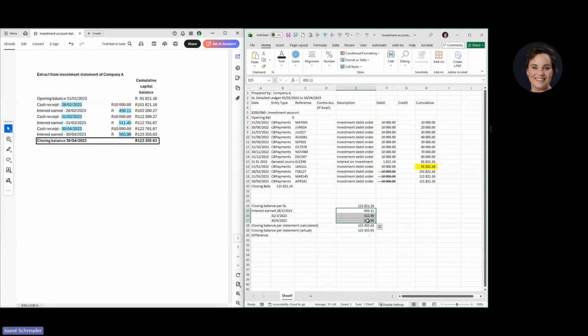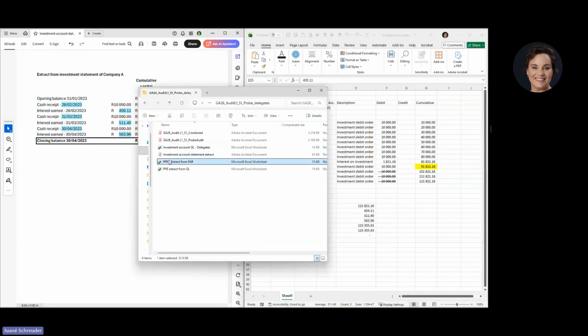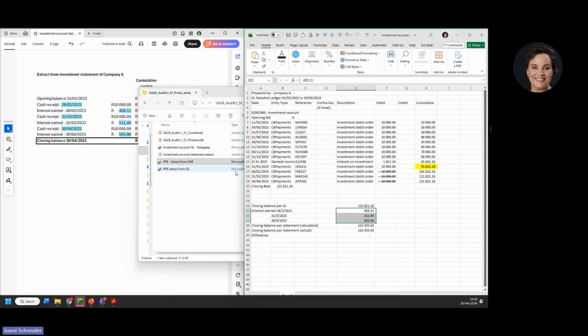All right. Definitely not material, but that is just the very, very basic element of how we are going to do the reconciliation. I'm quickly going to do the reconciliation for the other exercise as well, because I want us to just also then have some time for the breakaway. So in your folder again, you have the PPE, the extract from the client's fixed asset registers. I didn't give you all the detail, but there is some information, as well as the extract from the client's general ledger account for property, plant, and equipment. So I'll open up those 2 Excel documents.